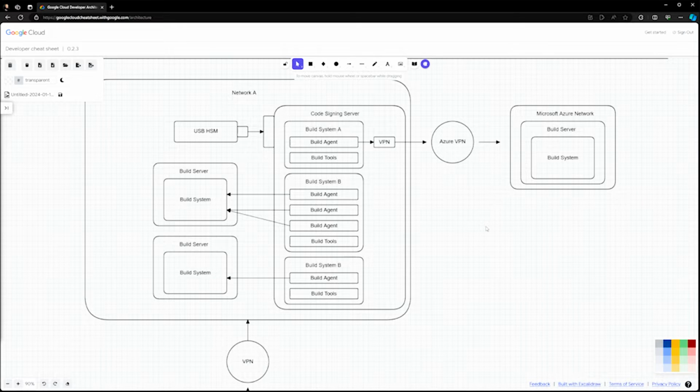Yes, you might have to VPN some things together, but the introduction of a code signing server. And we've talked about this. So you build a code signing server, that is the physical infrastructure. You have one USB HSM device plugged into that code signing server. So you don't have multiple, you don't have a cost, because it is also possible to lock yourself out of these. And so if you do that, then you basically have to purchase a new one. Maybe you just want one to reduce your footprint, and maybe you want that HSM controlled by the corporate